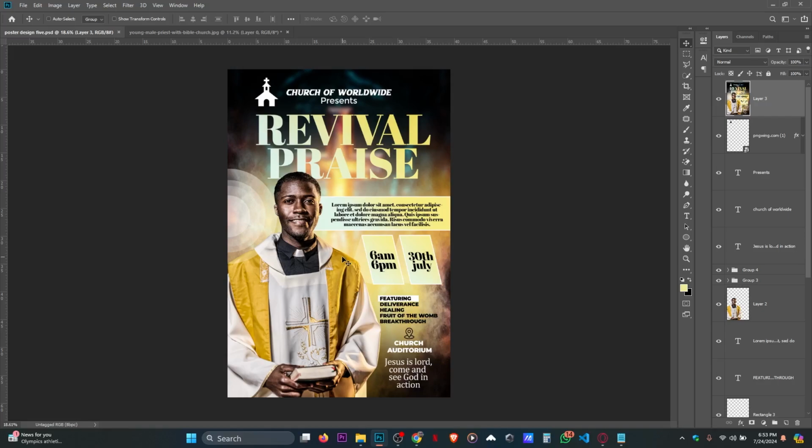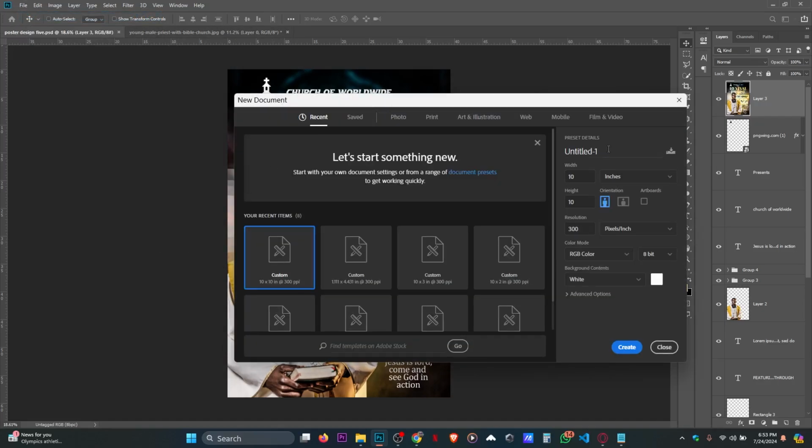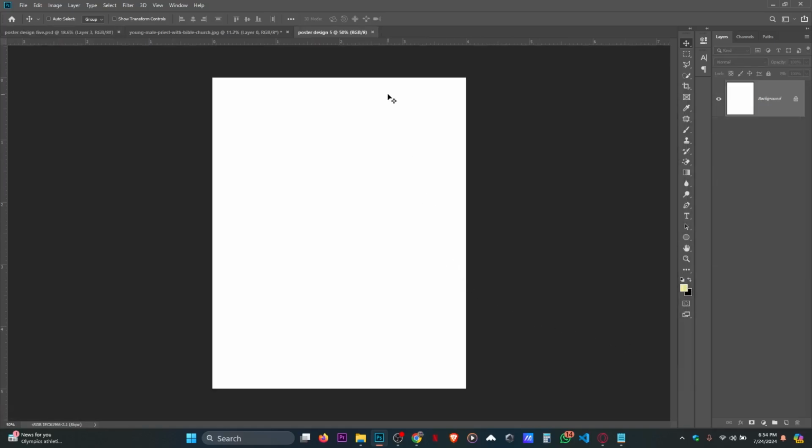The first thing you're going to do is to create a new workspace. To do so, go to File, New. So we'll be using poster design. Okay, so let's use 5 by 4. So let's see how it will be. 5 by 4. Okay, let's reduce this to